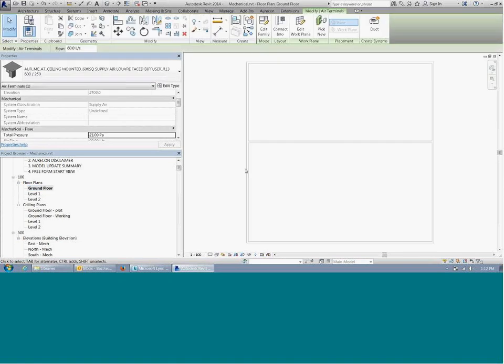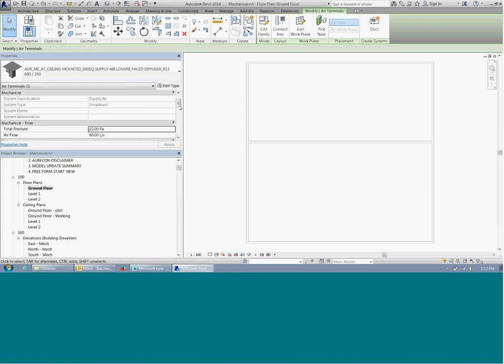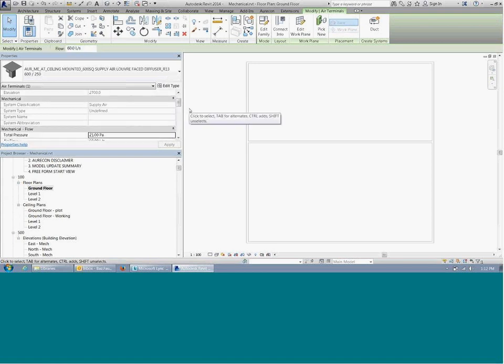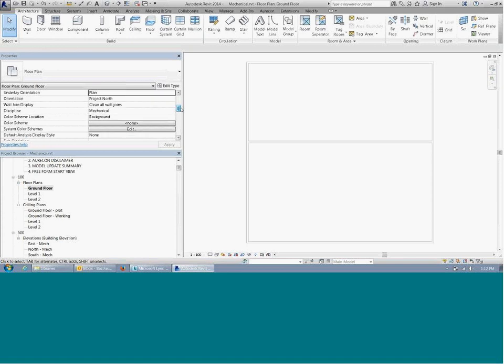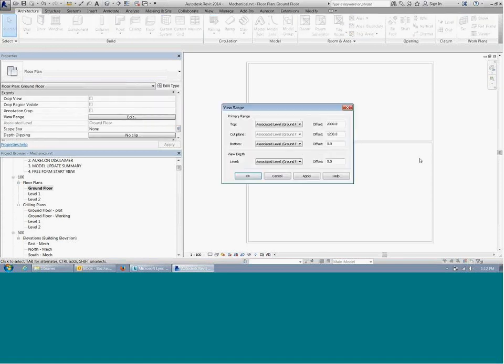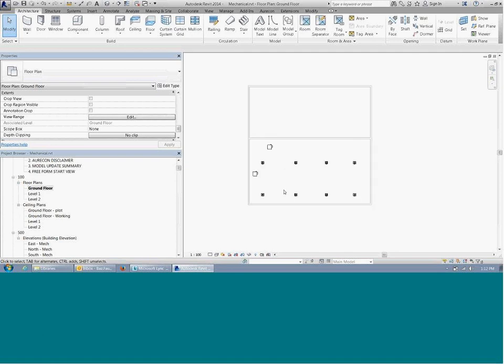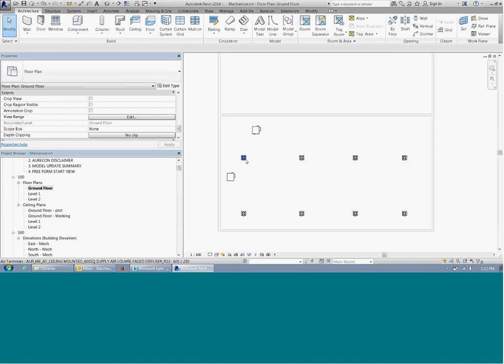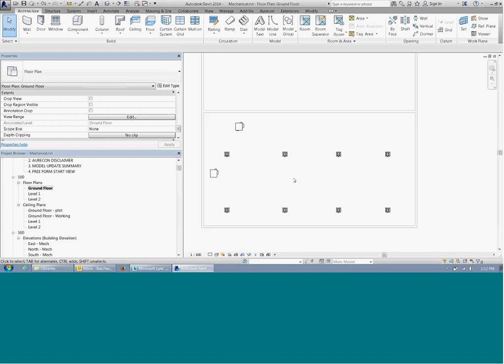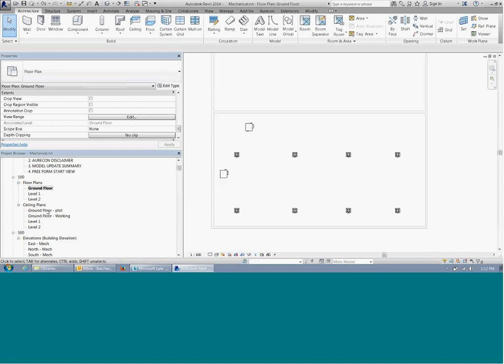So if I go to the ground floor, basically in a ground floor plan you clean your ceiling, and more often than not we have tiled ceilings that we snap our grills to, so that's where the RCP